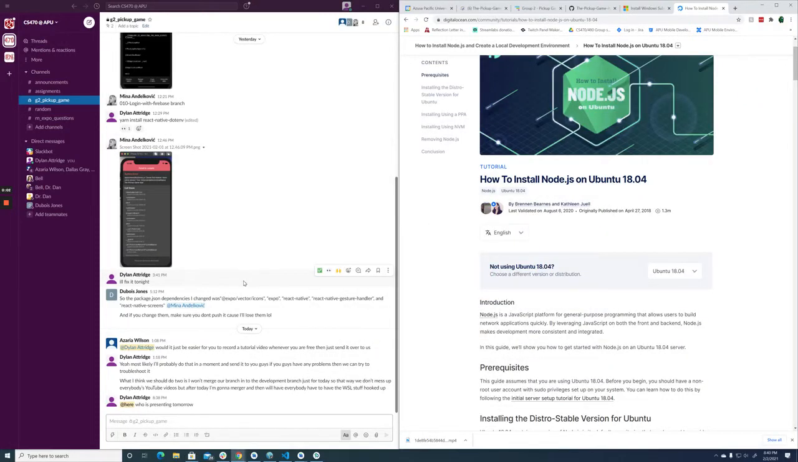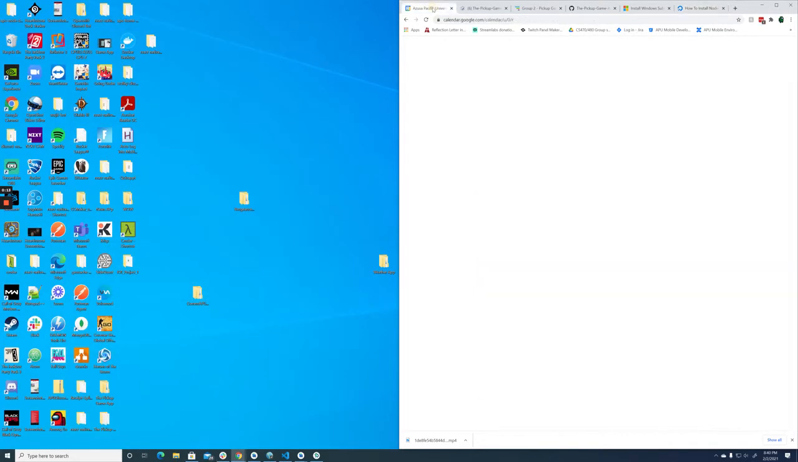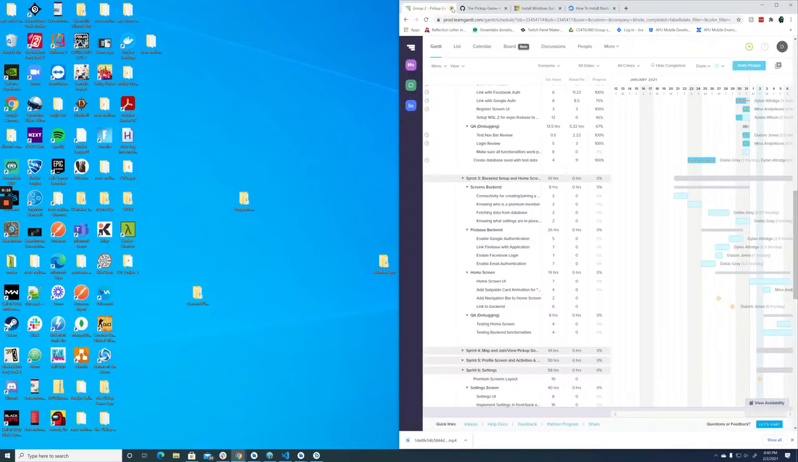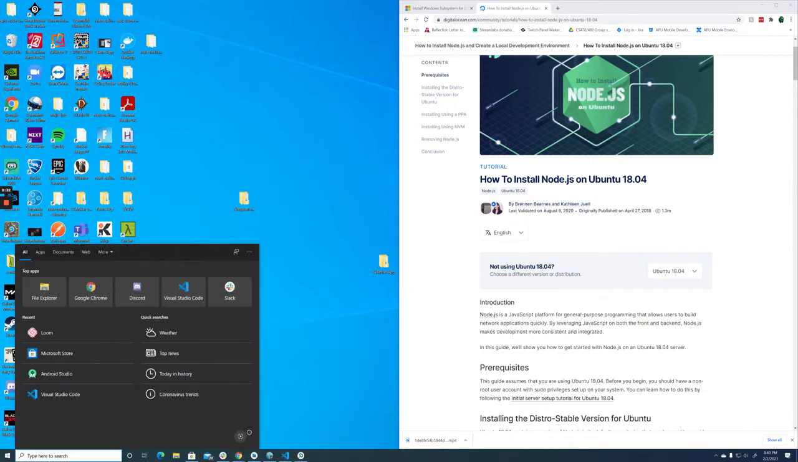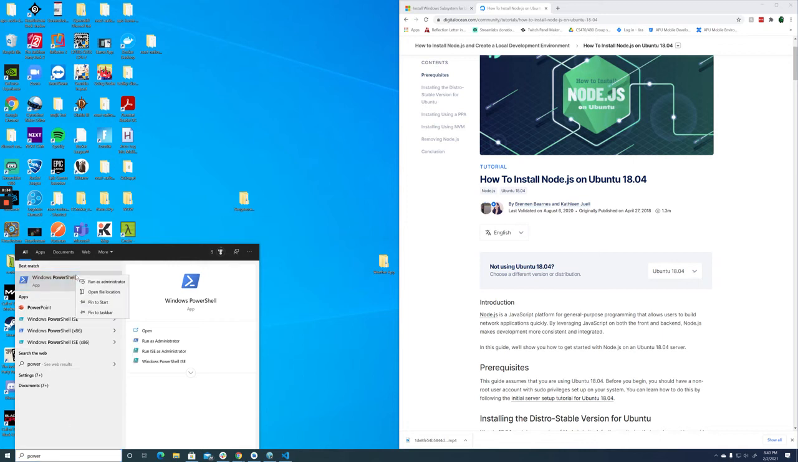Hi guys, I'm going to show you how to download and install WSL 2 to your Visual Studio Code. I'm going to close these out, we don't need them open. So first you are going to open up PowerShell, but you're going to want to run